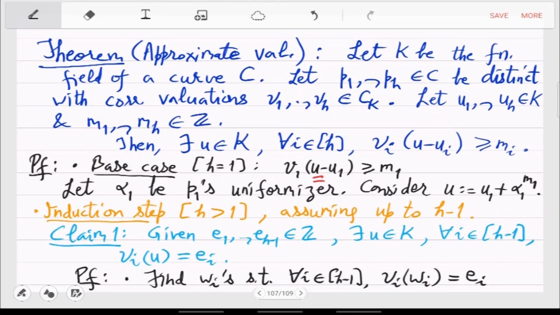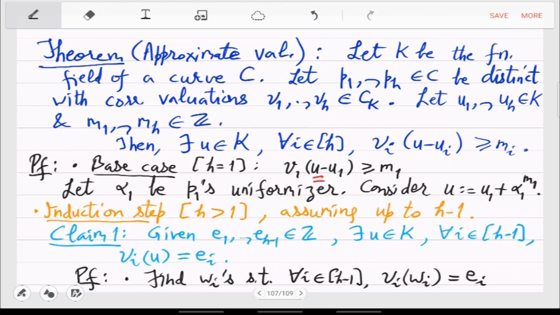So last time we started proving this theorem about approximate valuation. It basically says that if you are given points P1 to PH, and points always mean DVR and valuations, so they define valuations V1 to VH respectively,